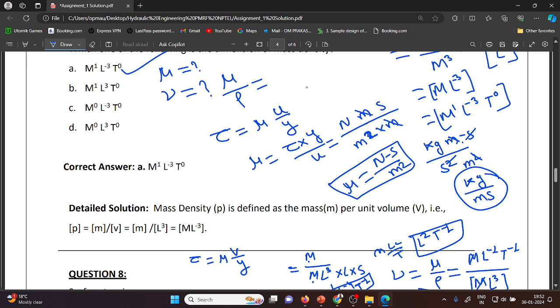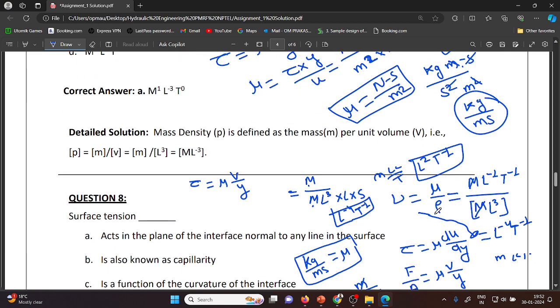Here mu is equal to these things, that is kg divided by meter second, and rho, that is kg per meter cube. Yeah, it is coming, no problem. Yes, sir. Kg per meter cube goes up. So meter cancels and kg cancels. So meter square per second. So kinematic viscosity is L square by T minus 1. Always remember. Yes, sir. Sometimes we have